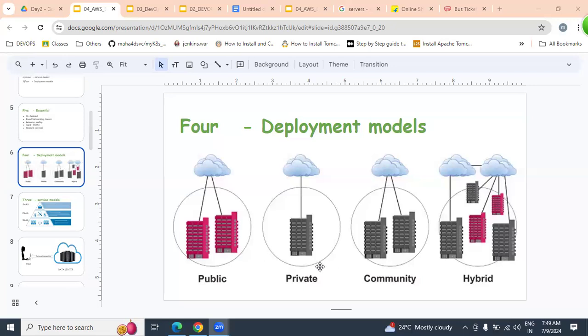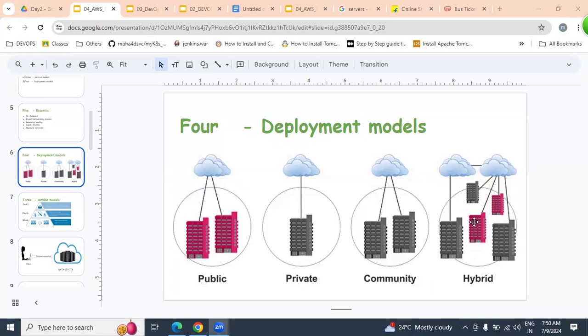Private means, tomorrow I start a financial business like Axis Bank or Bajaj Finance. For that, my application, my website should be placed on a dedicated resource, a dedicated RAM and CPU, which can't be shared by anybody. That is private. Hybrid means the combination of public plus private.